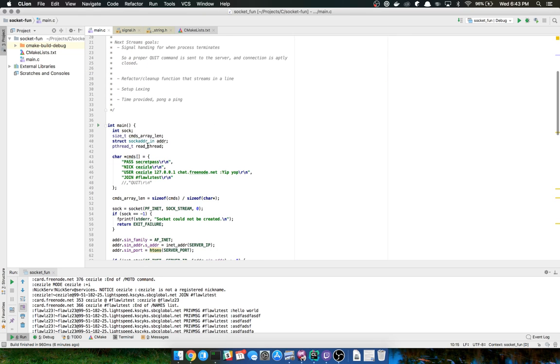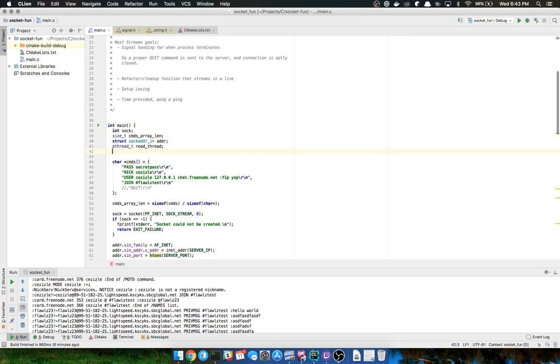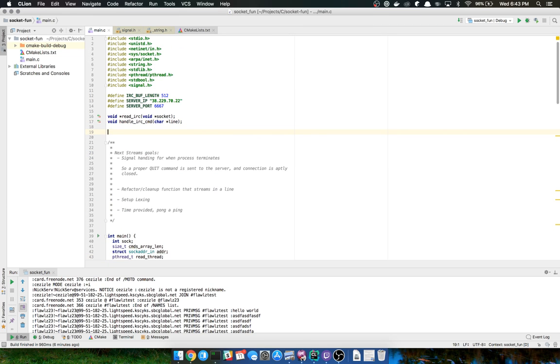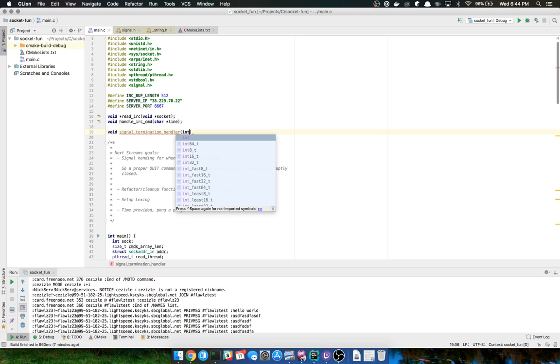Okay, so in my main program, why don't I go ahead and set that up? I need to create the function for it, so we'll just call it signal termination handler. I guess this is the signal number, I don't know.